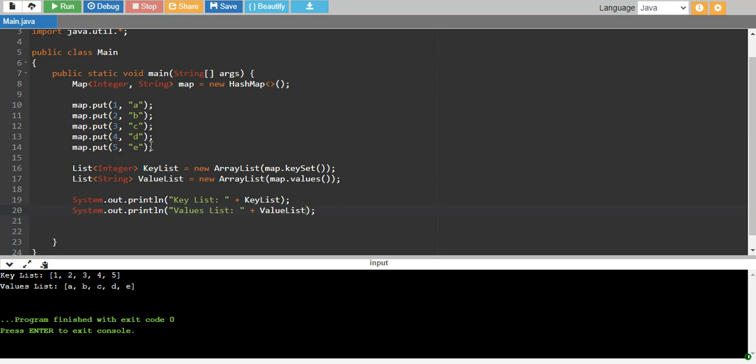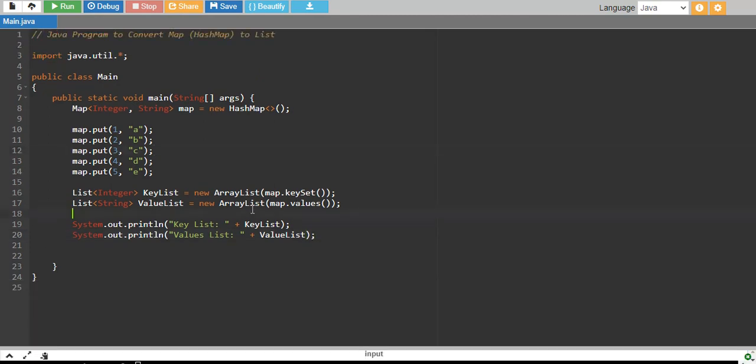And then we have created two lists, one of integer data type, the other of string data type, and in the integer list we are basically storing the key set of the map, and in the value list, which is of string data type, we are storing the values of the map. And finally we are printing the key list and value list.